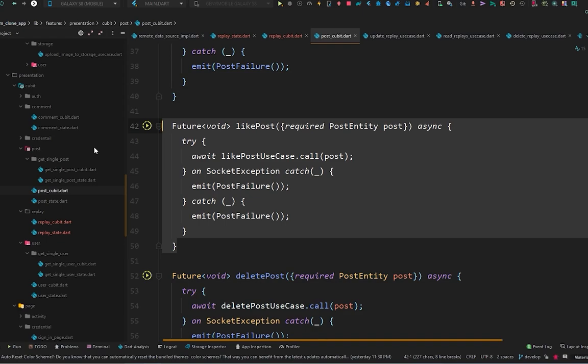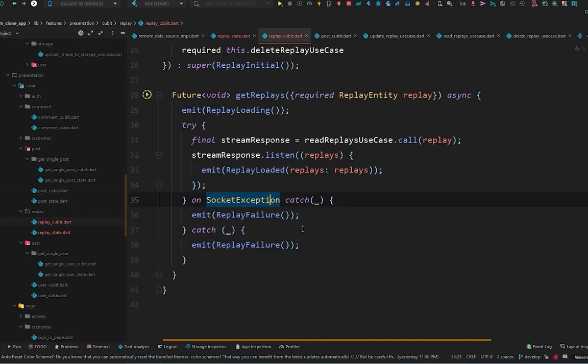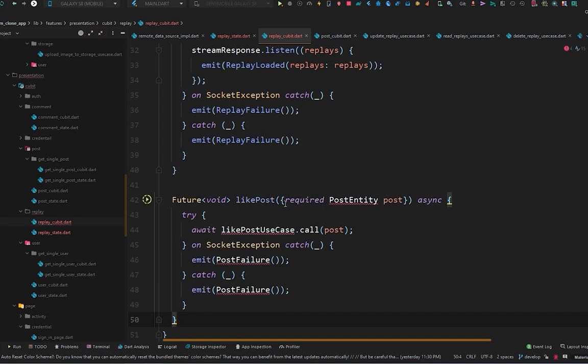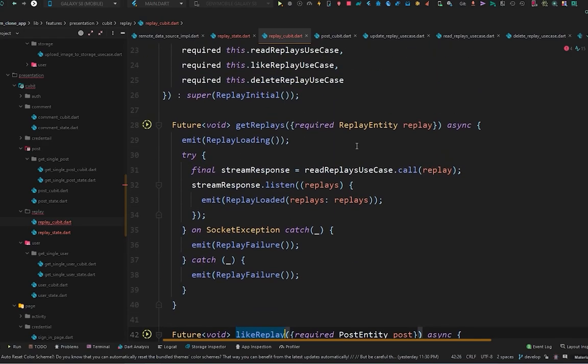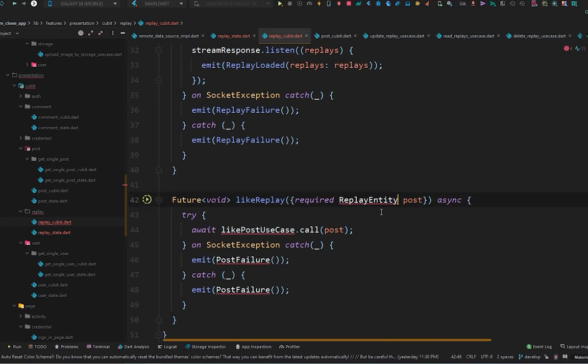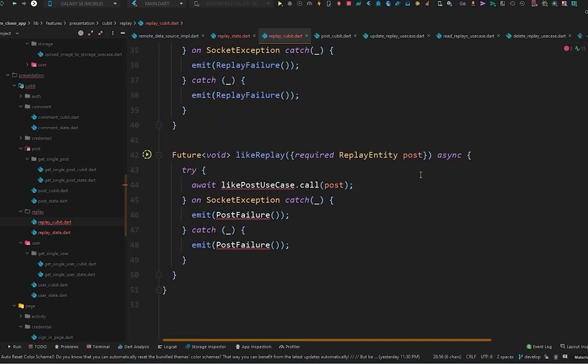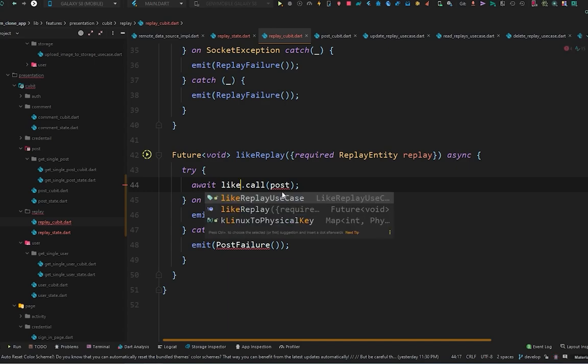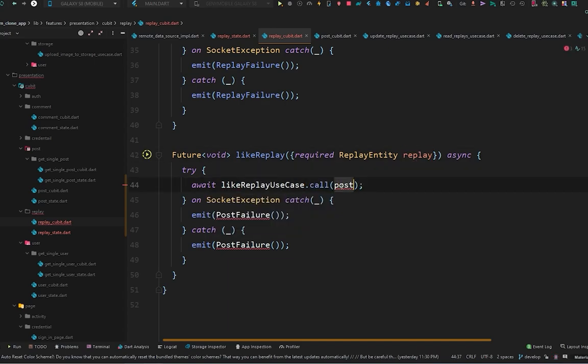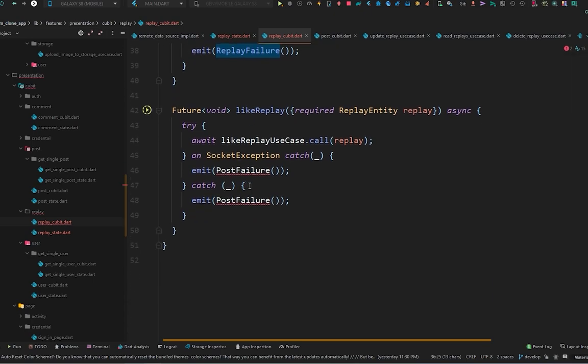And the post cubit, we will also copy this, like post, and paste it in here. After this, like or get replies. So it will be like reply, and it is going to accept the parameter of reply entity, and its name will be reply. Also change the use case of this to reply use case and pass the reply in here, and change